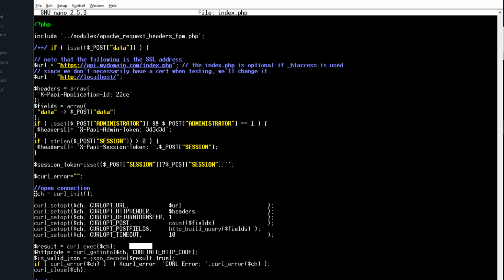Then we're going to take the admin token, and we're going to pass that through the header. So you actually have a header here. In this case, the token is 3D, but that admin token should be privatized. Nobody should see that. It should be hidden. Then you've got your session token. You're going to include that in your header, and then curl's going to wrap that up and send it along. So when we create the AJAX request in Pixigame, it's going to have to follow this same format of data and then the two types of headers, the xPapi admin token and the xPapi session token,